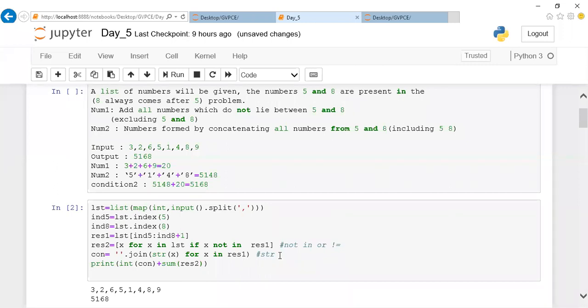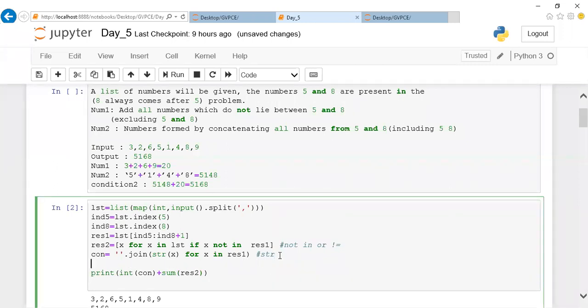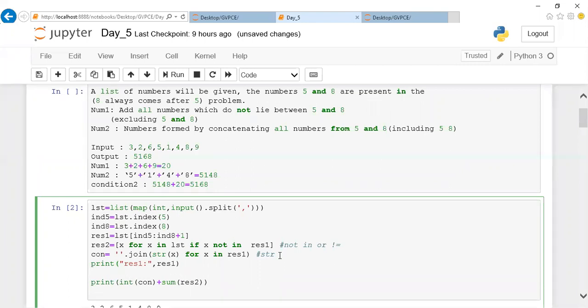So if at all you want, I'll do one thing. I'll print and show you what happens. If you people are confused about what happens at each and every stage, I'll print and show you what the result 1 value is, what the result 2 value is, and then what the concatenation value is. As I told you earlier, you could remember that if you know the predefined function, it could be very easy for you, where it makes your program very simple.